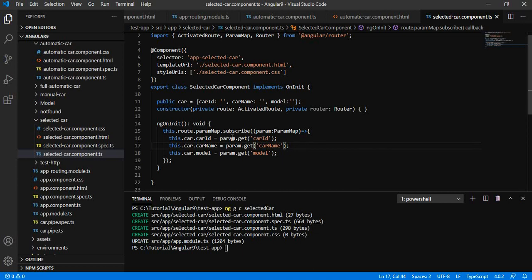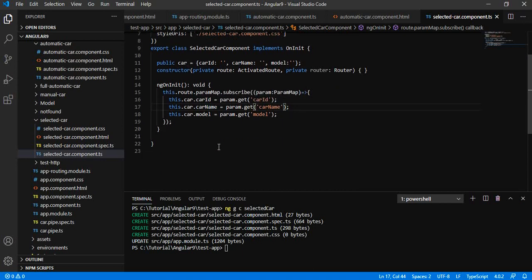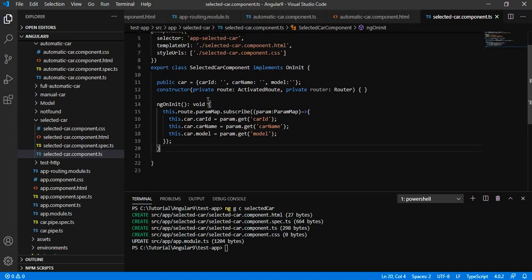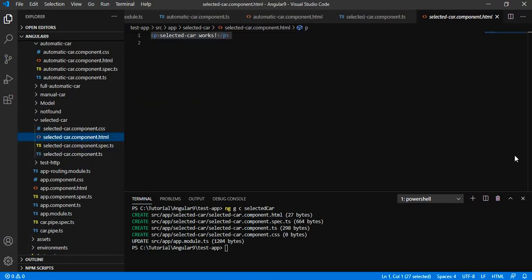So we are receiving the values of car details inside the car object. Let us render this value on the view.